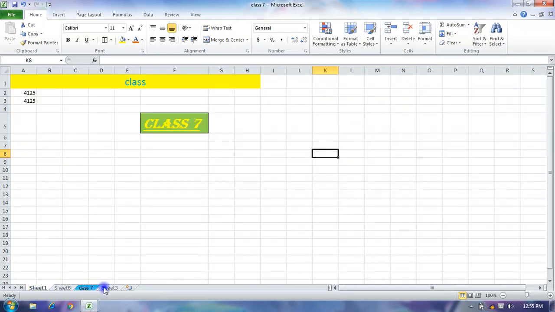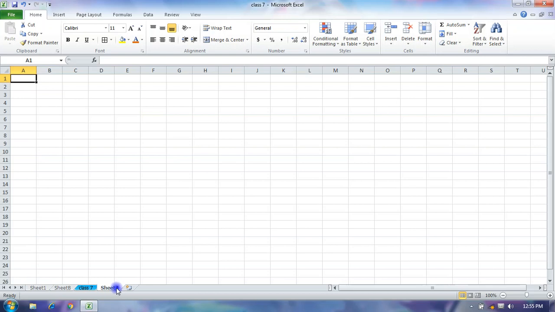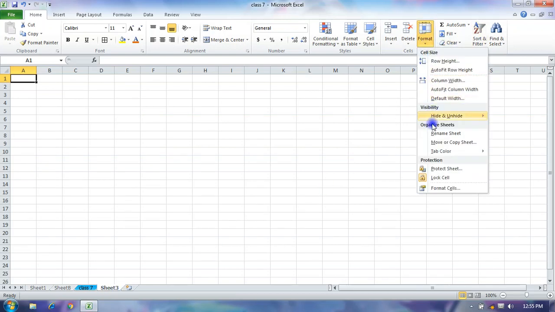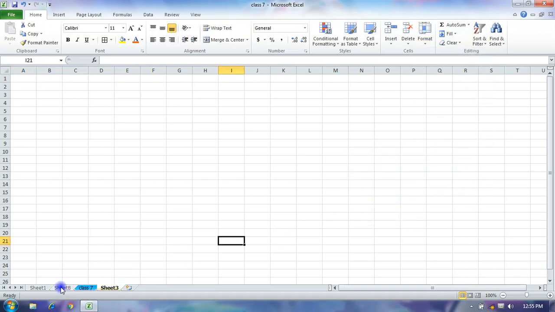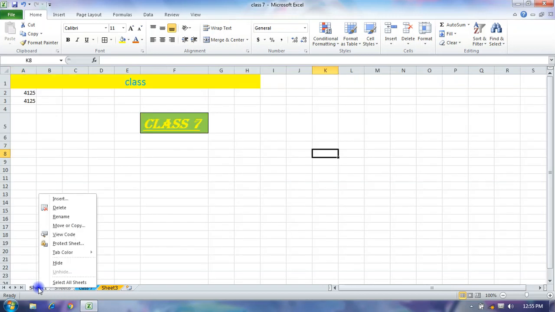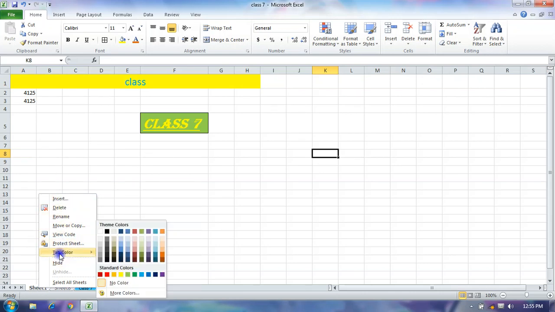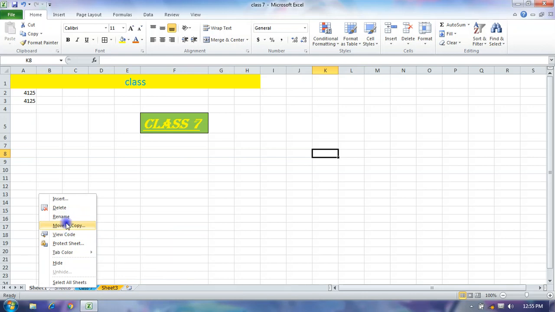This is your tab color. You can also right-click on the sheet tab and apply any format like tab color, move or copy, rename. Okay.